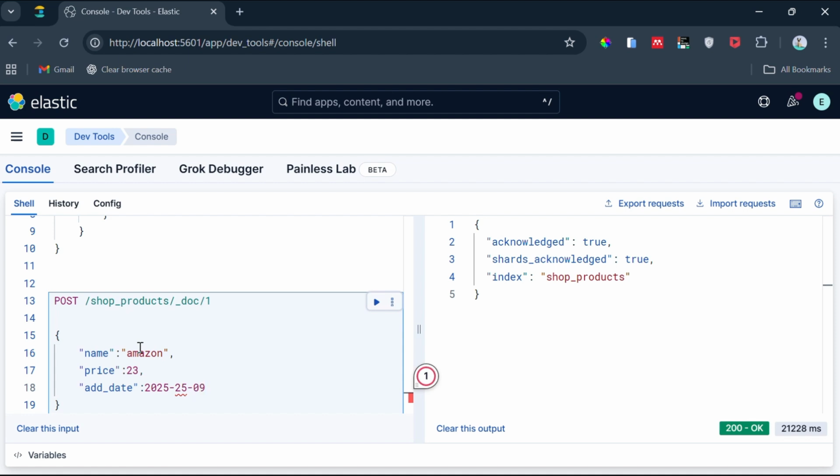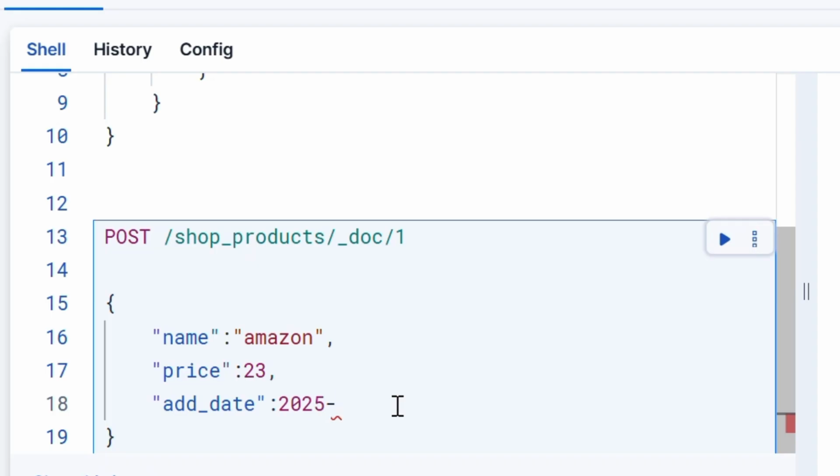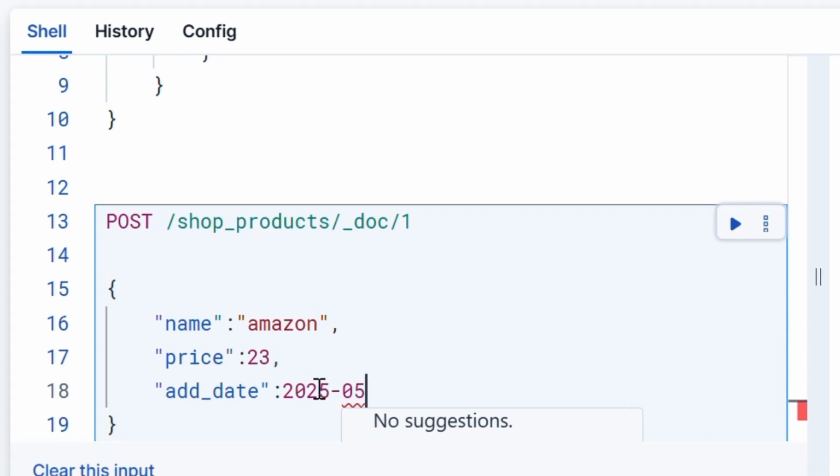I always have a problem with this. I don't know exactly what the problem is, but hopefully. So let's see this: 2025 dash, let's say 05-23, and